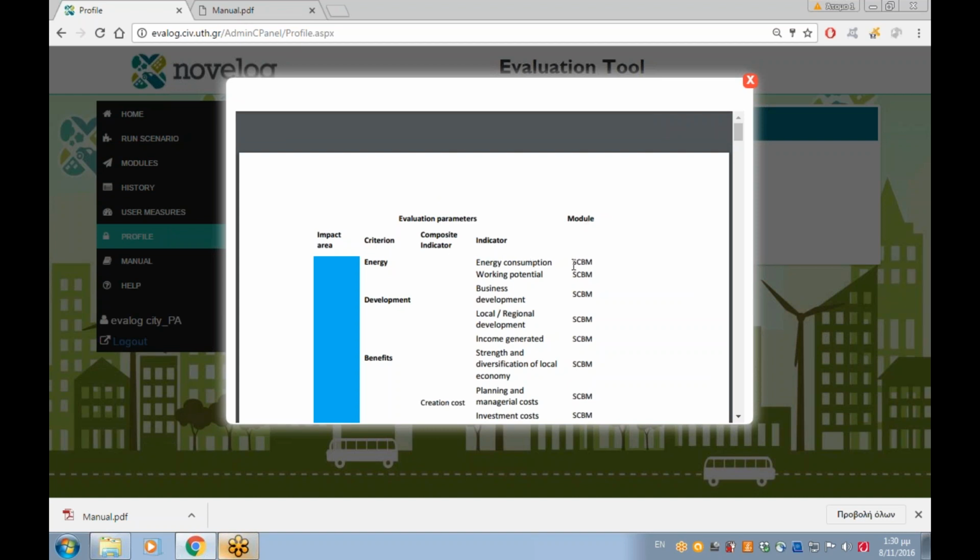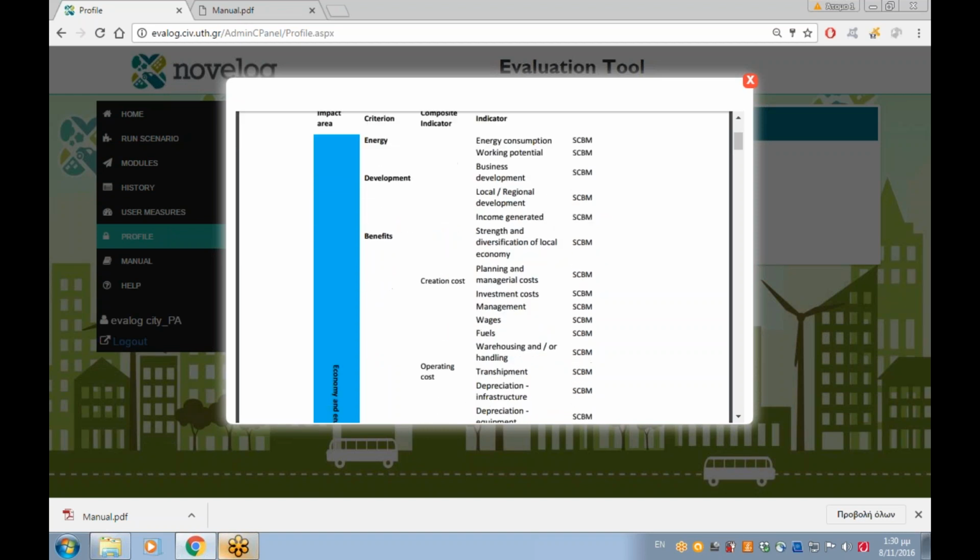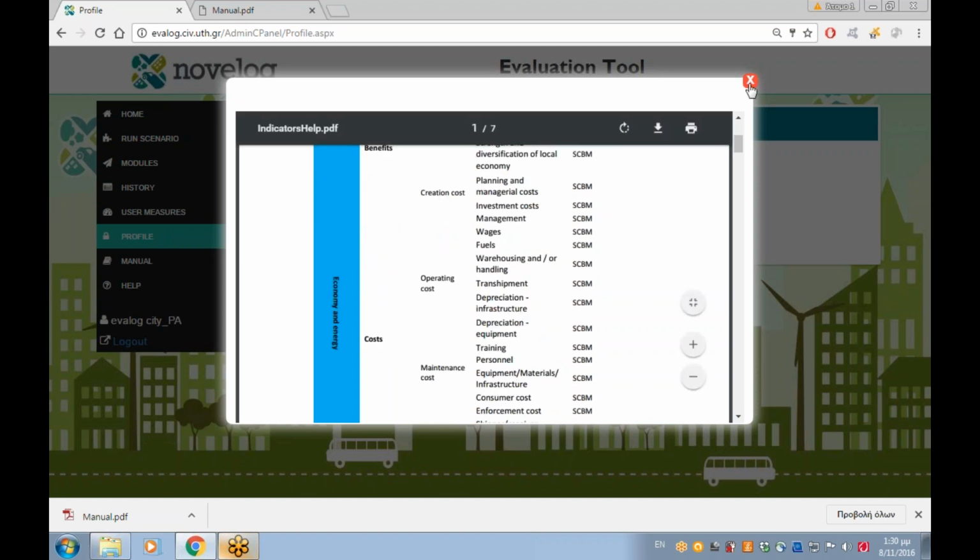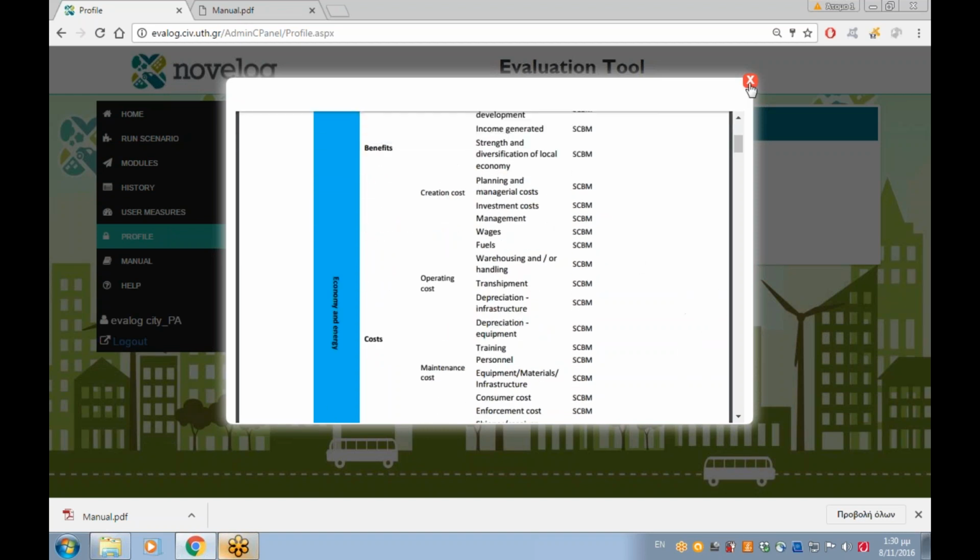As you can see in this column, every indicator is corresponding uniquely to one module, and this SCBM, for example, stands for the Social Cost Benefit Analysis module, and as you can see, all the indicators have been assigned to one module. But we will see them later on